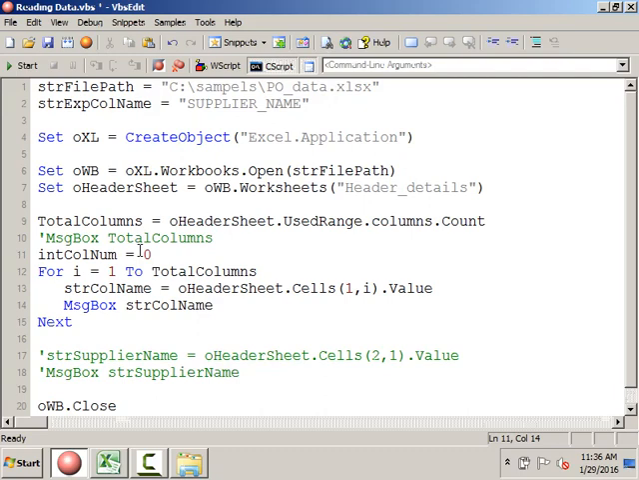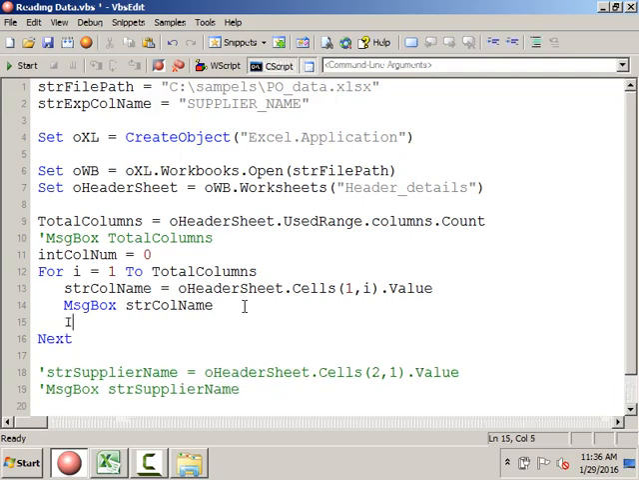When this str column name is matching with expected column name, then update the int column number with the I value, because I represents the column number here. In case no column is matched, keep that int column number as 0 only, right? Then how will your logic be now? If